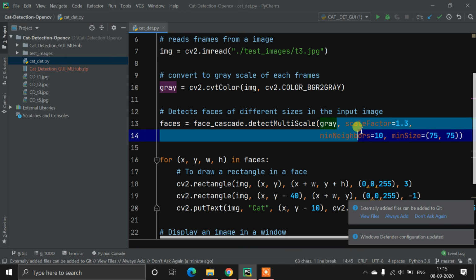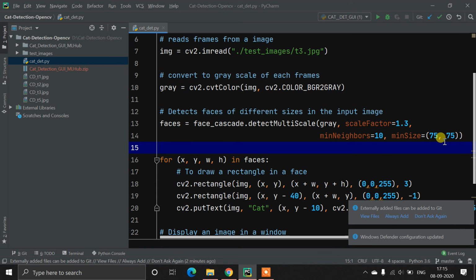Now these parameters on the right side are optional. Optional means you don't need to define them, but we define them here because if you want more accuracy, like setting parameters in a machine learning model, we can configure our detection accuracy also. So we define scaleFactor 1.3 and minNeighbors equal to 10.